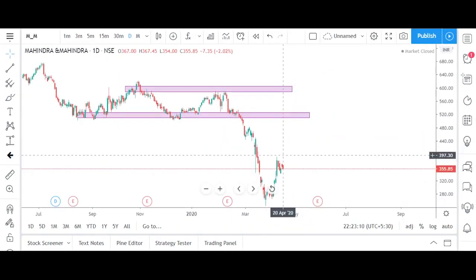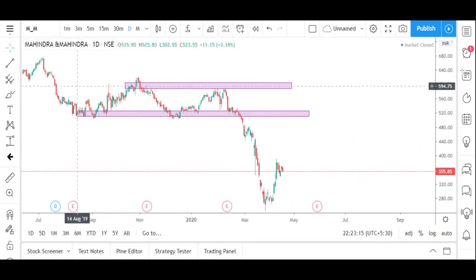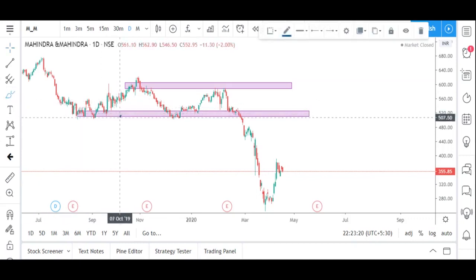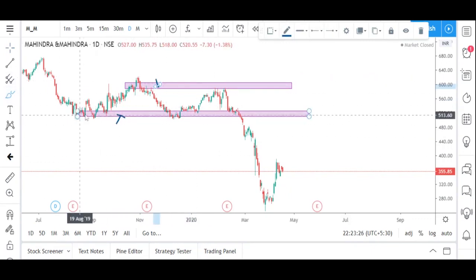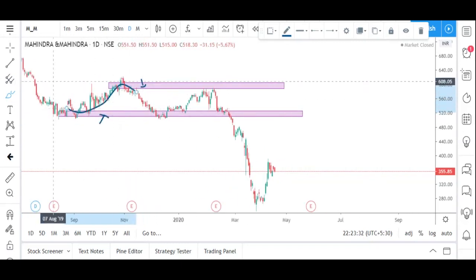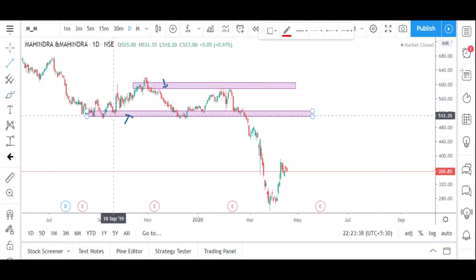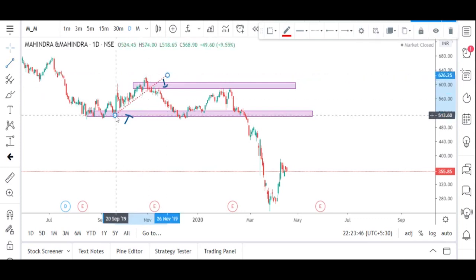Okay, so guys, now I'll explain you about short selling and swing trading. So I've taken Mahindra and Mahindra stock, a day chart. So if you see here, this is the resistance for short selling and this is the support for short selling. So you can see a nice swing here, it reaches the support, and we draw our short term trend line. See here, guys, from the lower lows we draw a short term trend line, keeping all the lows in mind. Okay, from the lower lows till the lower highs,